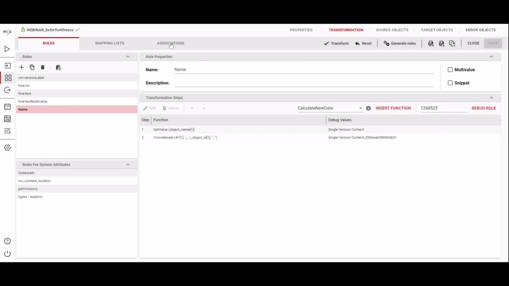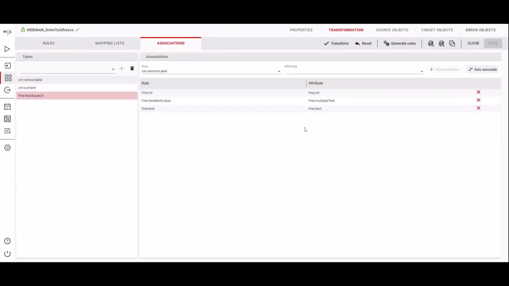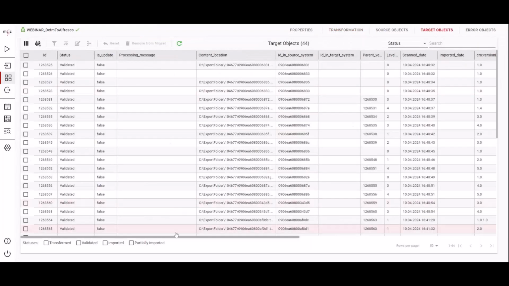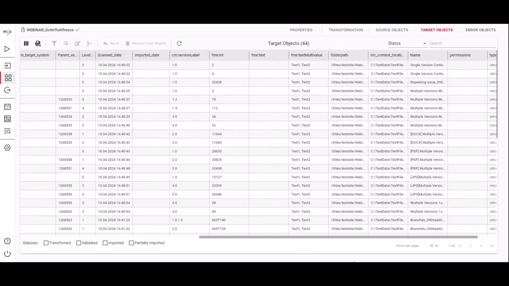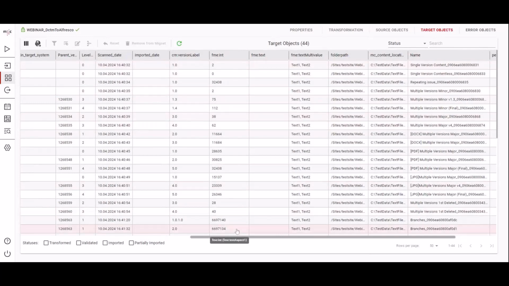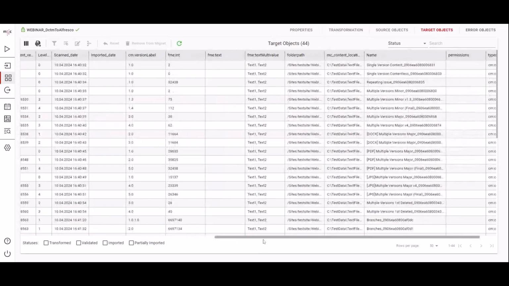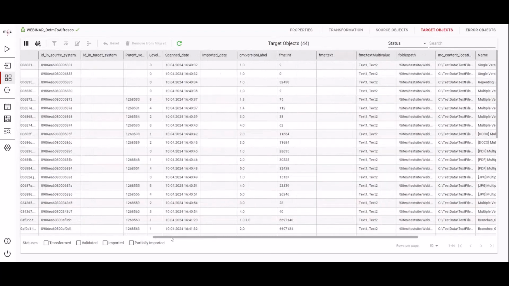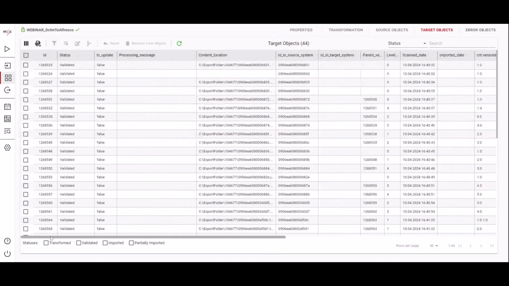Once you have configured your transformation rules, you will associate them to the attributes that will be set in your target system. These are some Alfresco basic types and aspects that will be set once we do the import. At this stage, we can transform our source objects, and if we look at the target objects, we will see that they no longer have the source Documentum metadata, but the metadata that we have configured during the transformation step. At this point, we validate these values. We check that we have everything that we need for the migration, and we can move to the last stage of the migration,